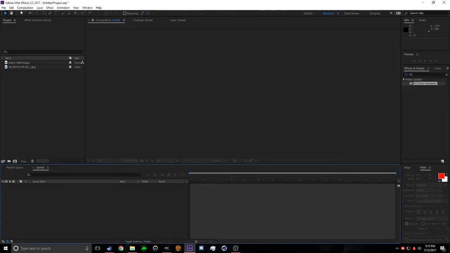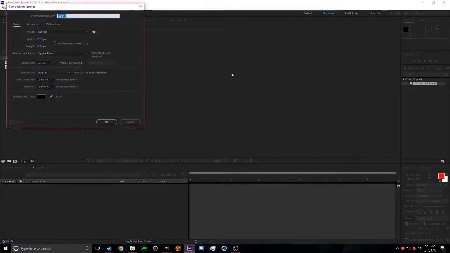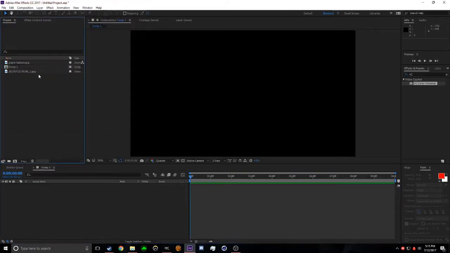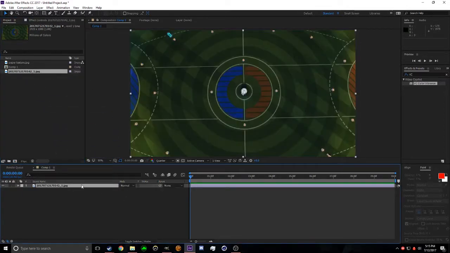This is actually not that hard of a process, so I'm just going to go to New Comp. It doesn't really matter what quality because it'll just work for you. I'm going to go around 10 seconds because this is not that long of an effect. It doesn't need that long at a time. I'm going to go ahead and drag in two layers. I'm going to drag in the image that I want to